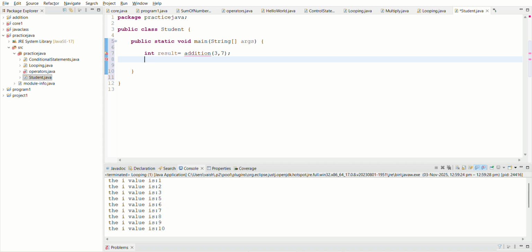Then System.out.println, print the result value. The result value is